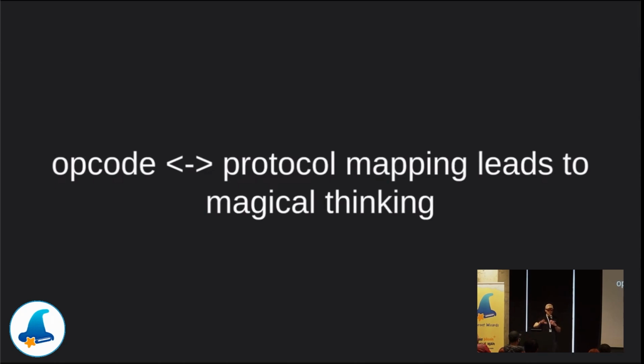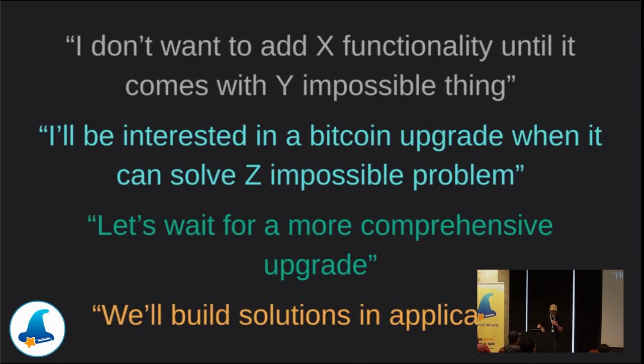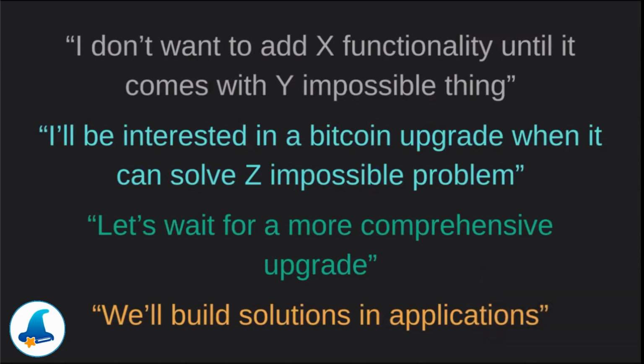thinking in concrete, realistic terms and not getting off into magical "but I want the ponies" thinking. That's not going to get us to a concrete, implementable protocol. Yes, here are some examples of that magical thinking: "I don't want to add this until it comes with this magical thing." So I've heard some people say, I don't want to add a covenant to Bitcoin until it enables endogenous fees